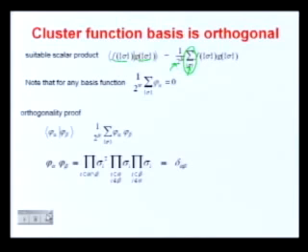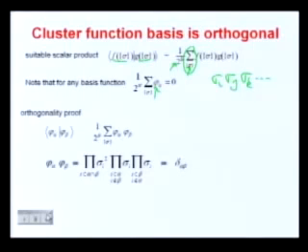Let me prove to you that the functions are orthogonal. First, you can note that for any basis function, if you sum its value over the space, it gives you 0. And you can easily see that, let's say that function will look something like sigma i, sigma j, sigma k, maybe with more terms. Essentially, these terms will alternate as having plus and minus 1, and so they will sum to 0. Using that, you can easily